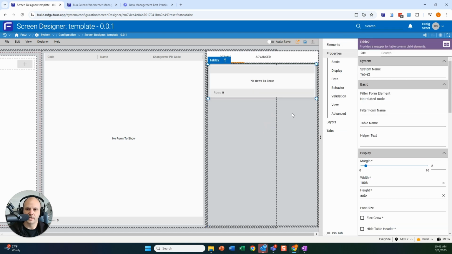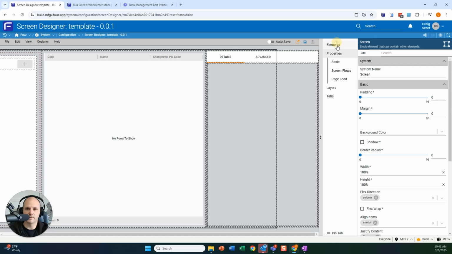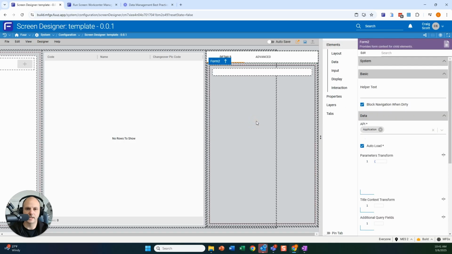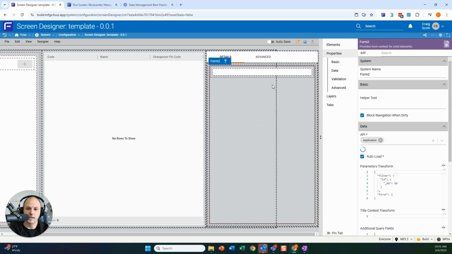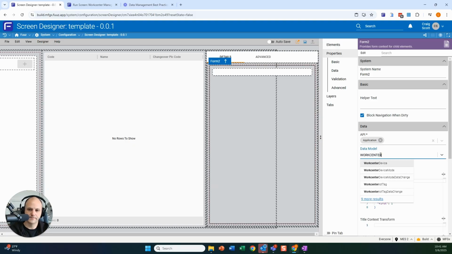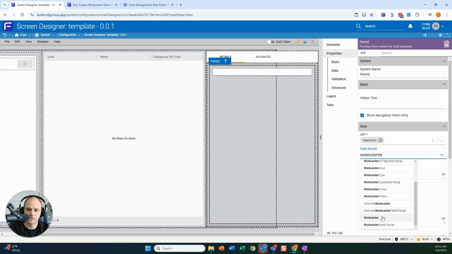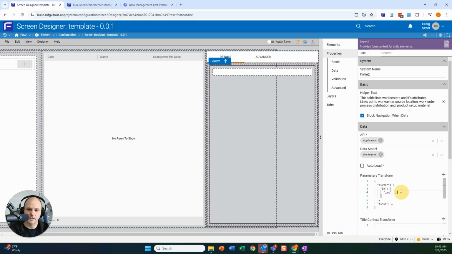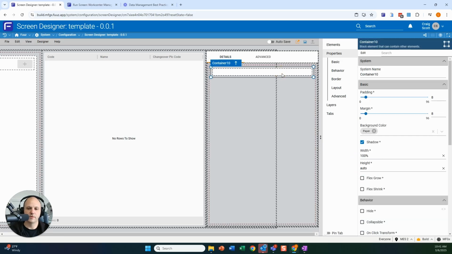This is going to be details. So I'm going to drop a table in, not a table, sorry. I'm going to drop a form in here because I want to just display information about the Work Center. I'm not going to auto load that. We're going to pick the Work Center model, the ID. This is actually not, I'm not going to use that, but that's fine because the way we built the other screen is I'm actually telling the form what ID I want it to load